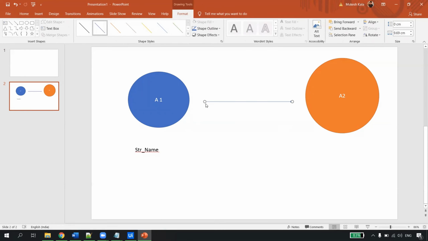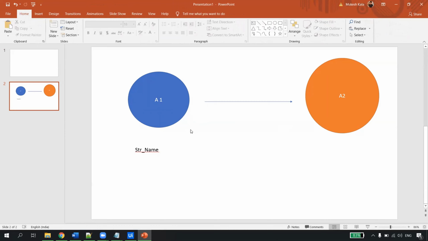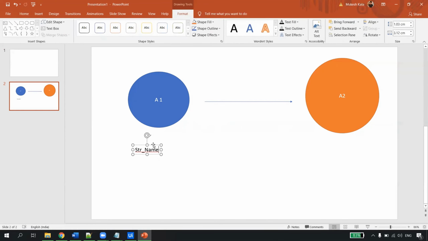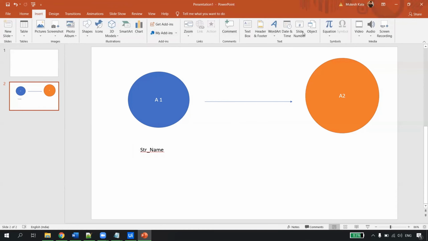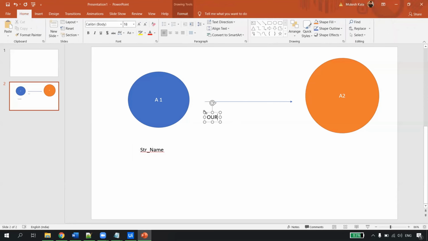This first one is the out. Out, right? Because I will insert a text box here and write out, and this thing is in, because this is asking for an input. So whatever this argument will give me, this will be in for it.